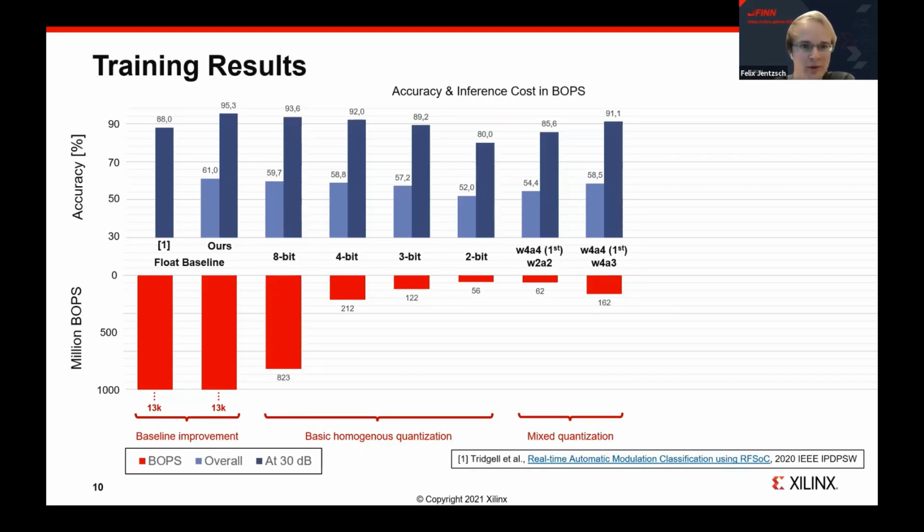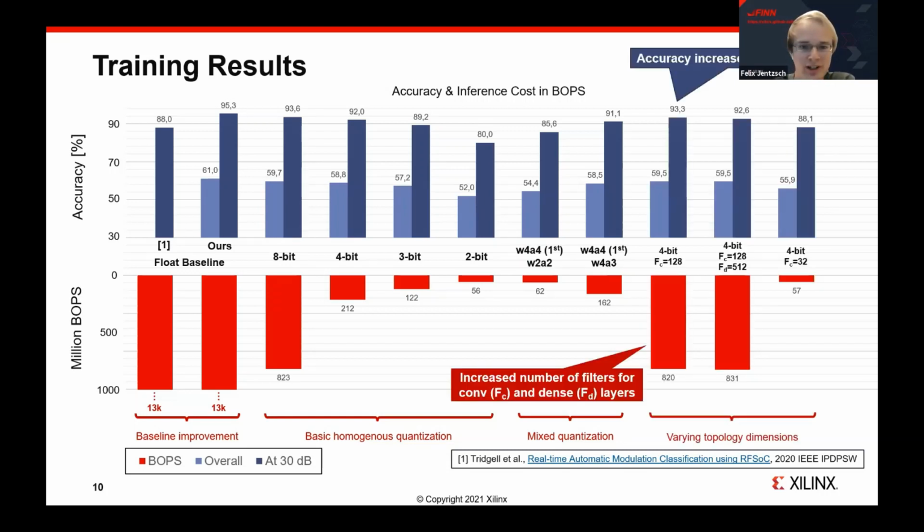And that is only by adjusting the precision and not even the topology. So without diving into the huge task that would be neural architecture search, we also experimented with smaller and larger versions of the model. And remember that by default, we have 64 channels or filters in the convolution layers and 128 channels in the dense layers. And here we doubled the channels for the convolution layers for the 4-bit model. And we see that the accuracy is almost the same as the 8-bit baseline, but so is the number of bit ops here. So this makes it not really worth it.